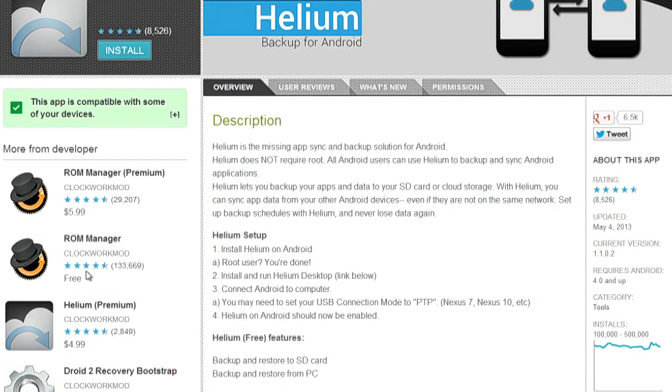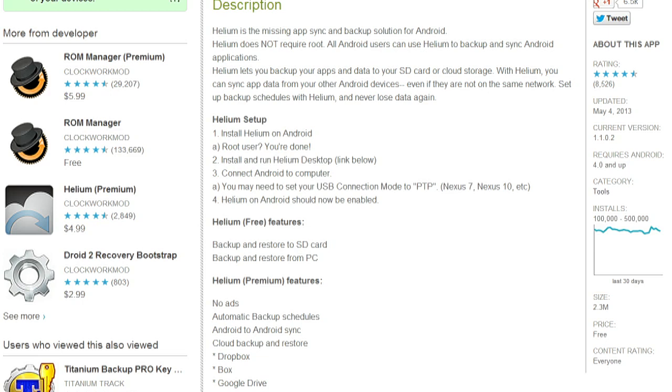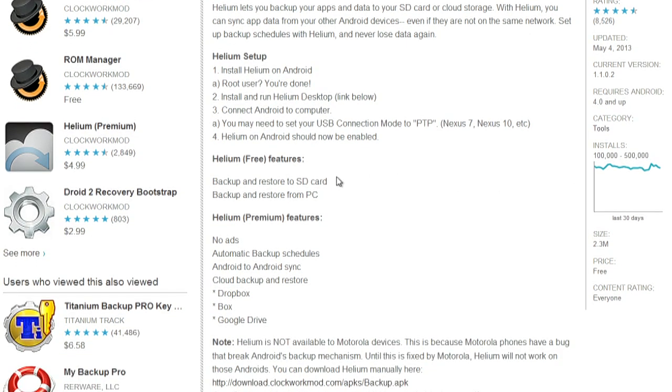They also make ROM Manager, which you're absolutely going to want to put on your rooted phone before you do any other firmware. Absolutely, we're going to use that. So Helium is a free application you can get from the Google Play Store. Again, like I said, you don't need root access, and you can back up your entire phone. I think it saves SMS messages. You can't get that